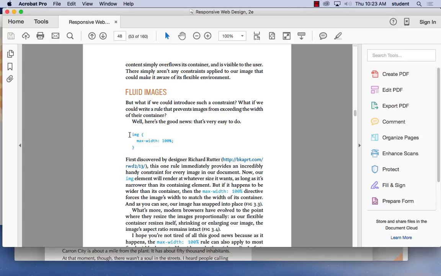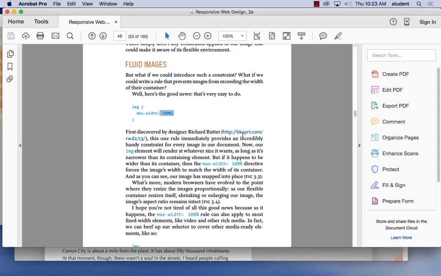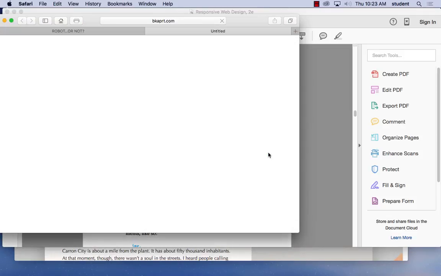Well, that's good news. They got the image tag here, and then they use the max width of 100%. And the nice thing about this book is that it actually links directly to the W3C website of the code that they're talking about. So if you want to read more about the max width and how to use it in your div tag, the image tag, if you click on it, it'll take you actually to,